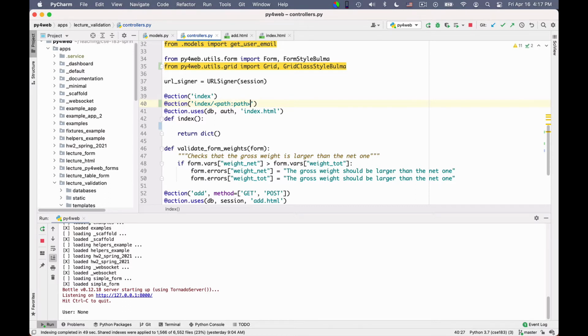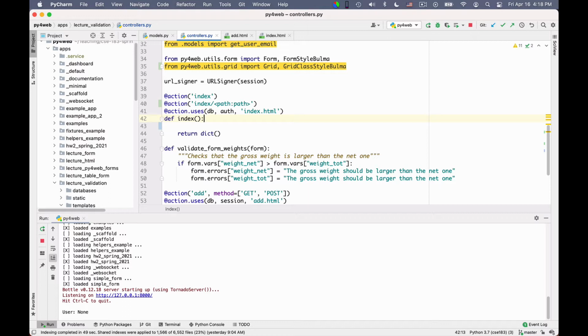Because this grid will sometimes use a path for responding to queries. So typically, when you insert a grid, if you want to have actions, you say also method is equal to post and get. But in our case, we will be just doing gets, so particularly simple for this example.